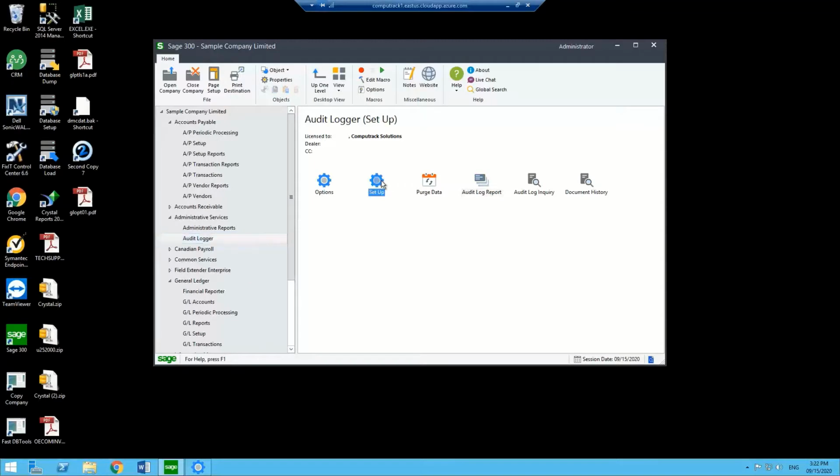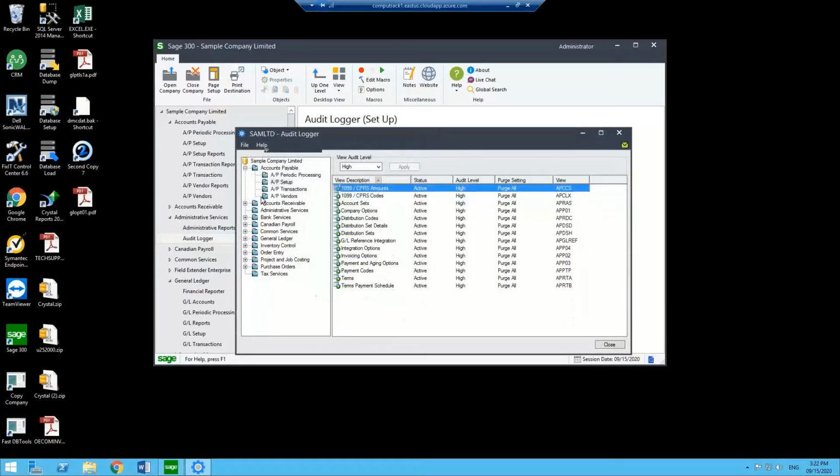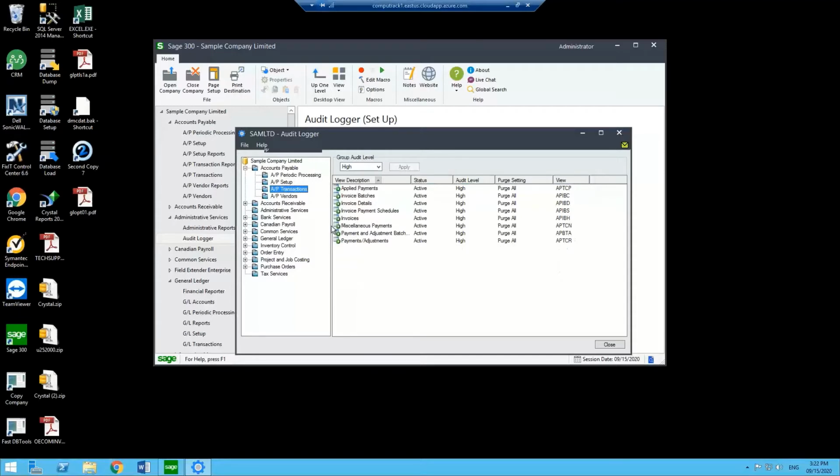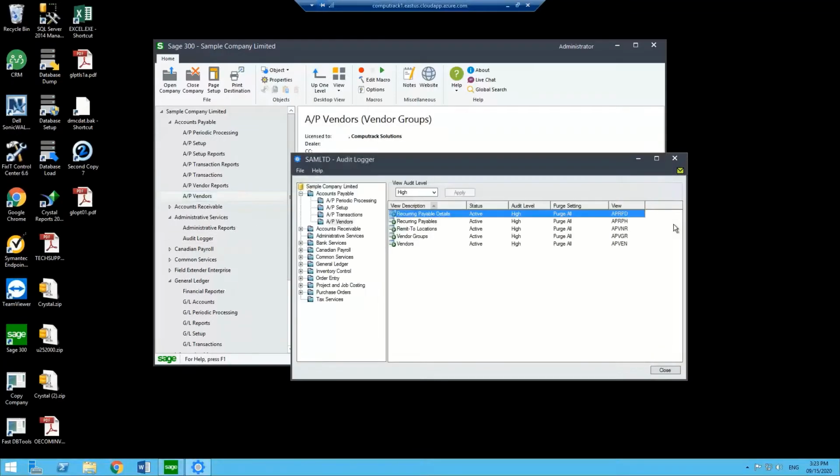In terms of setup, it's very simple. It's got all the modules that you use here, and basically for every module, it's got essentially every screen that you would expect. So for AP transactions, these are all the different screens that you would have in Sage. AP vendors, the same thing. So if I go to AP vendors, you're going to have the same